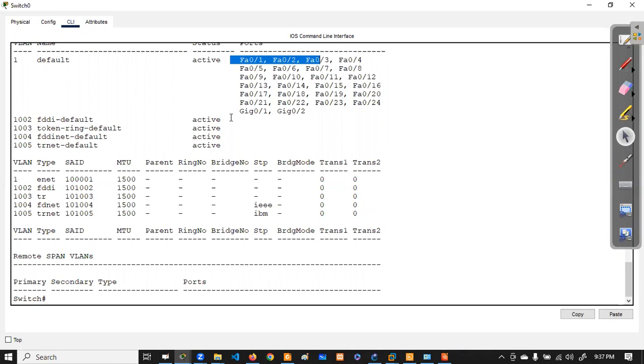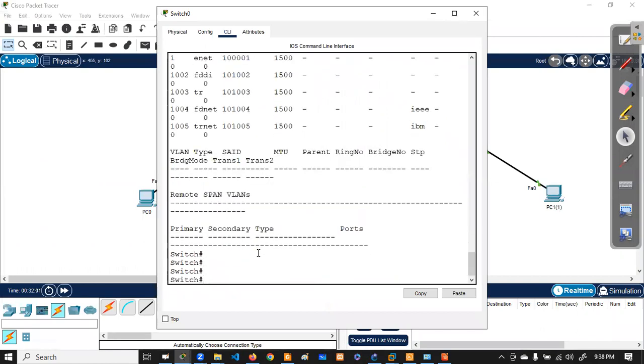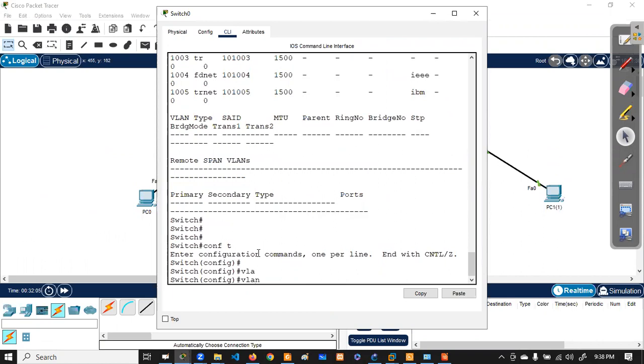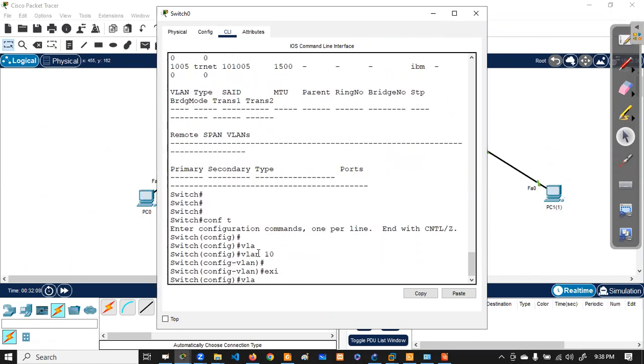You are dividing the switch into multiple parts. It depends on the number of VLANs. Okay. For the timing, I can just show you. You go to config mode and create VLAN. VLAN 10 I'm creating. And again, VLAN 20.